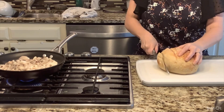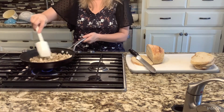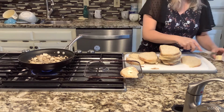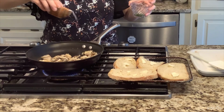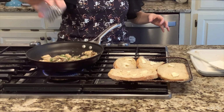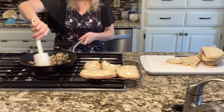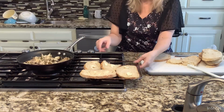And now I'm just going to slice my sourdough bread, just like sandwiches, because that's what I'm going to make here. And as I was preparing the mushrooms, I started thinking to myself, I think I'll go ahead and do this 2 ways. I'm going to make the sandwich, one in the air fryer. So that's what I'm doing, is putting the butter on the bread, salted butter. I'm adding some salt and my herbs now into the mushrooms, a little bit more avocado oil to help simmer those. And now I'm going to work on getting my bread into the air fryer so it gets a little